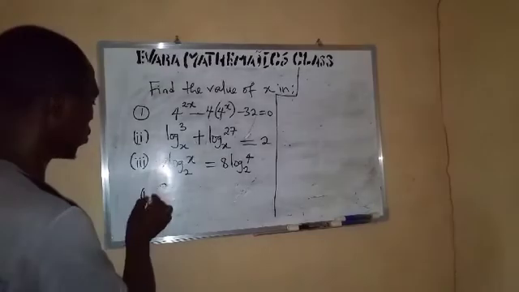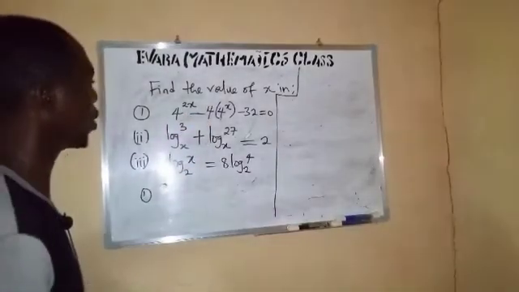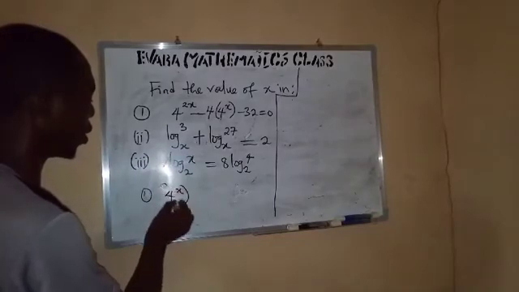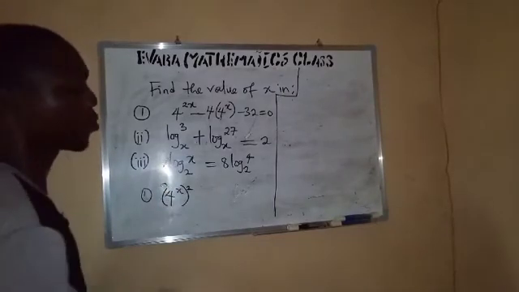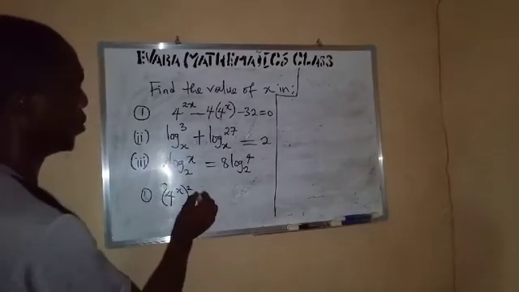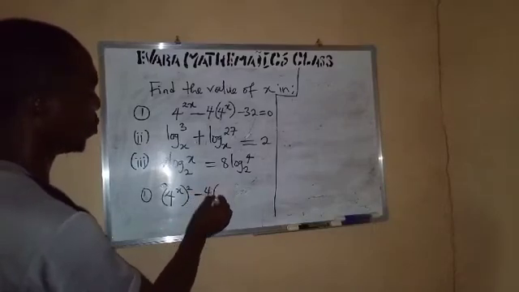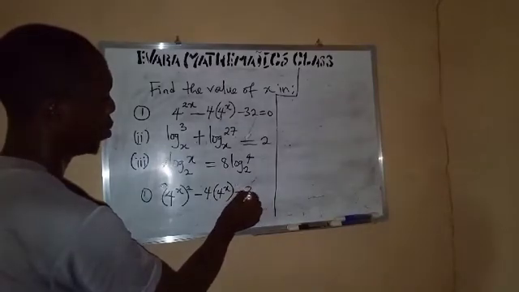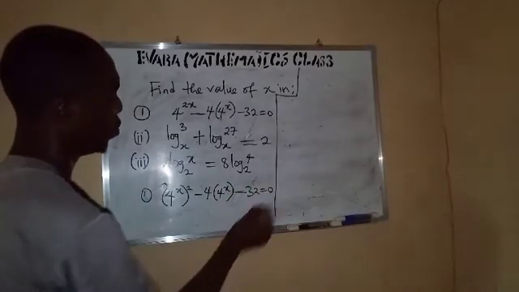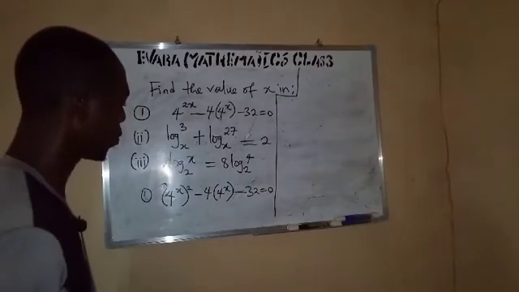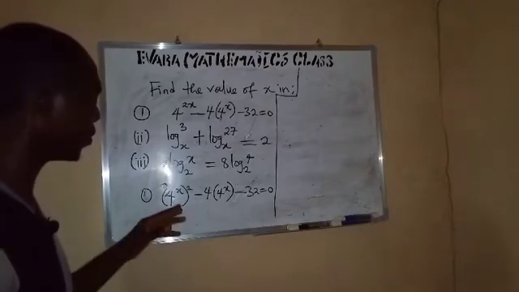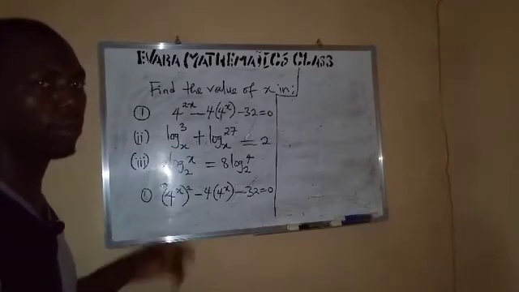To start with, this 4 raised to the power 2x can be written as 4 raised to the power x, squared, minus 4 raised to the power x, minus 32 equals 0. So what we'll do next is to represent 4 raised to the power x by another